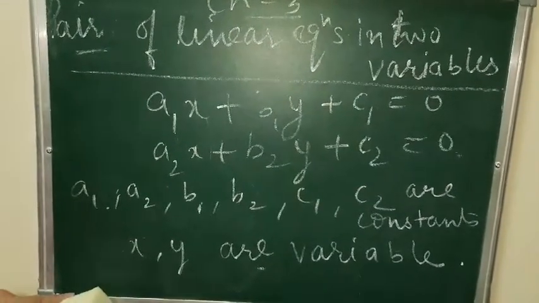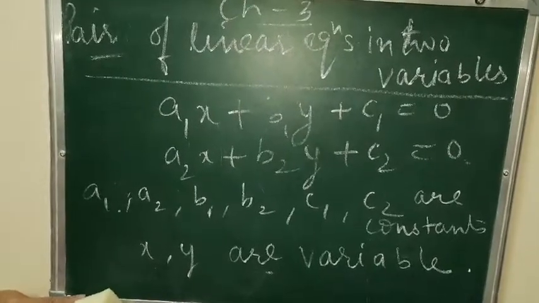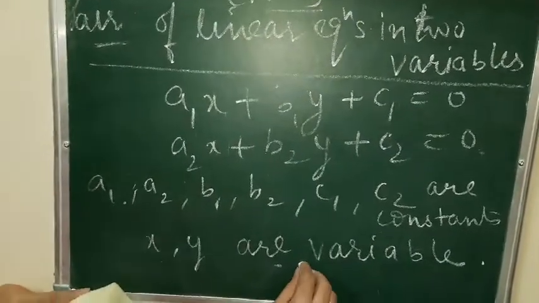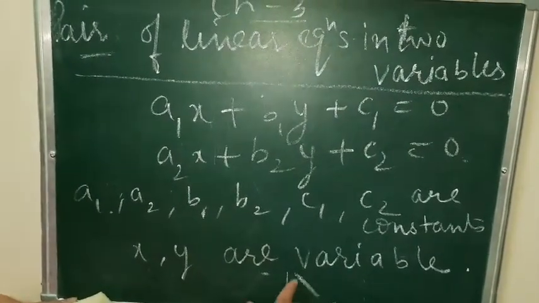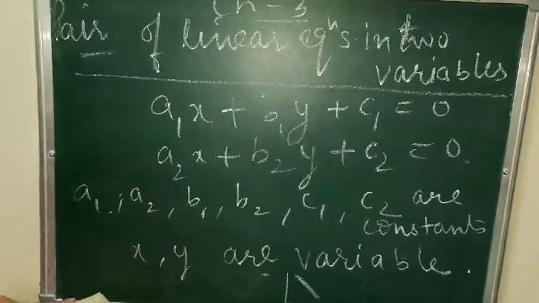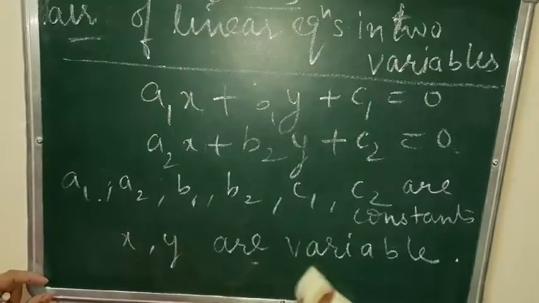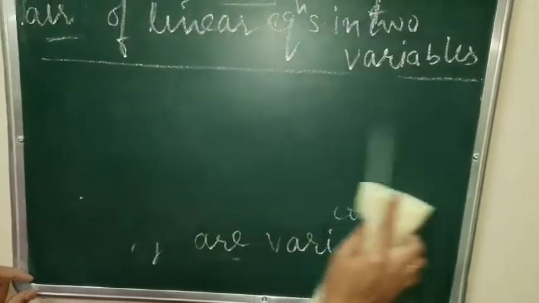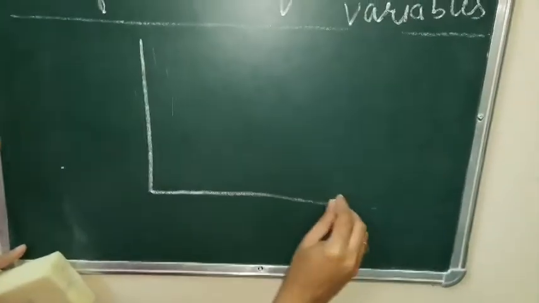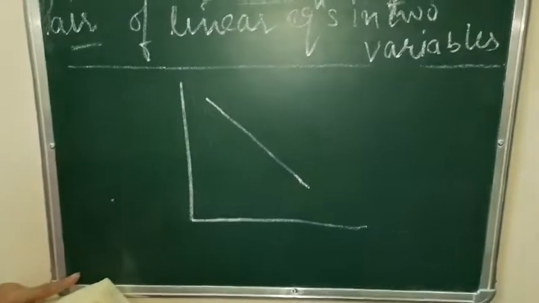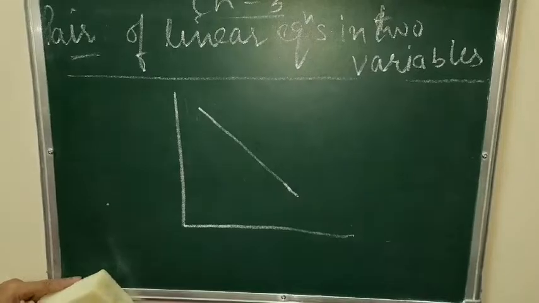First we will be solving by the geometrical method. Again, there can be many solutions to it, and whatever solution you will get, that solution will lie on a point representing the linear equation. Like if your graph is this, whatever solution there is will lie on this line. Let's talk about the geometrical solution. Now we know that for any linear equation, the graph is always a straight line. As there are two equations now, a pair of linear equations, how can the graph be?